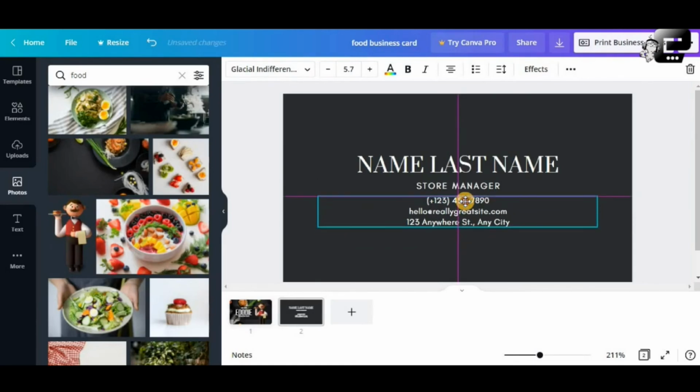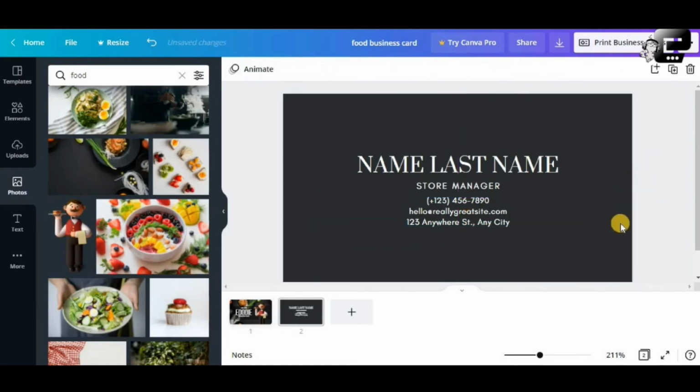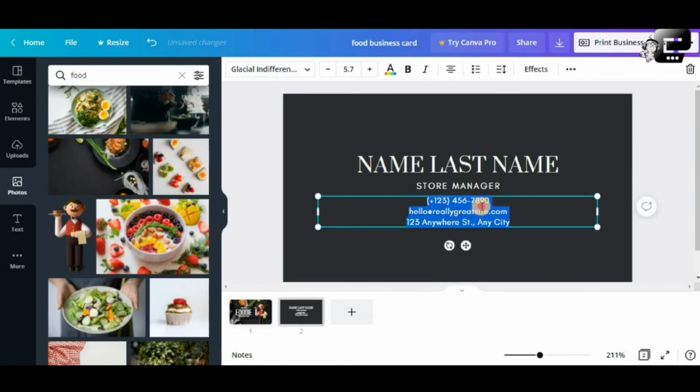You can drag it here on the middle, and that is really simple. You just have to change the phone number here. Okay, 1 2 3 4 5 6 7 8, for example, your phone number, your website, to place your website.com, and of course you can place your address right here on this font.